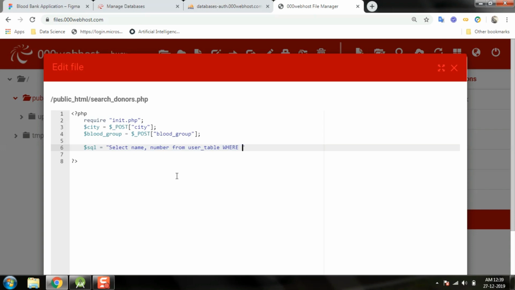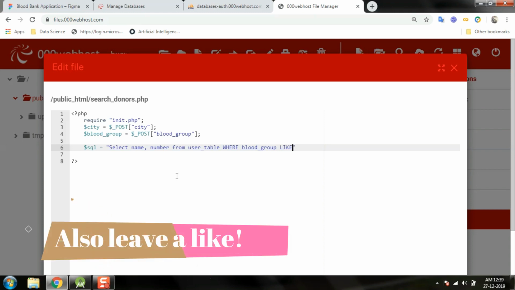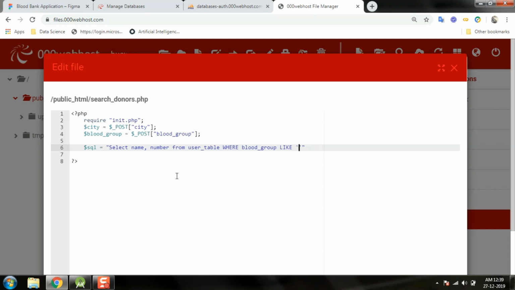where blood group is like blood group and city is like